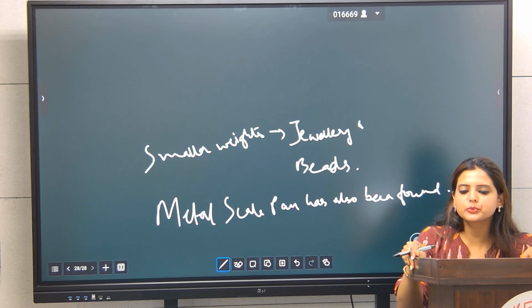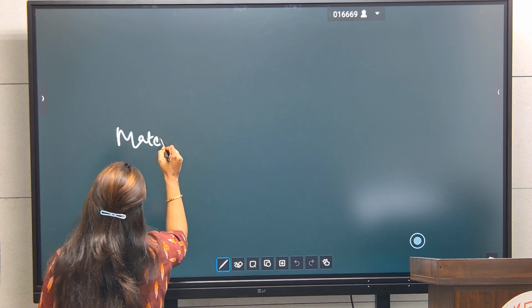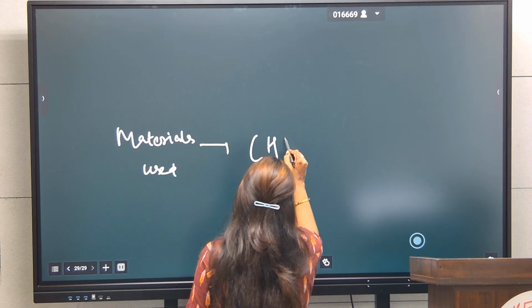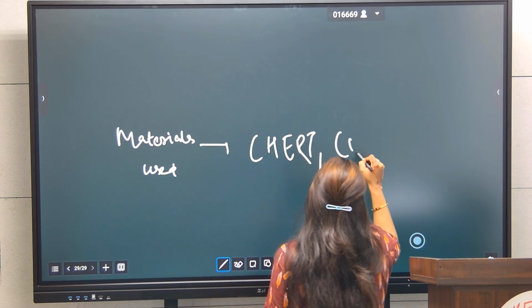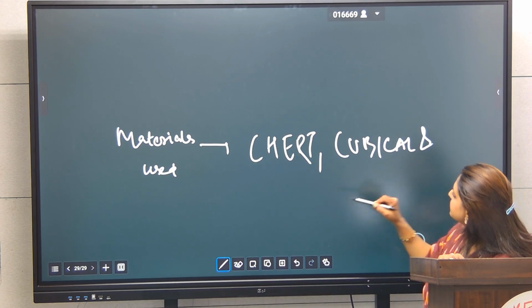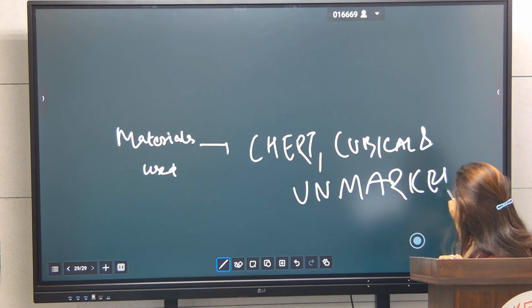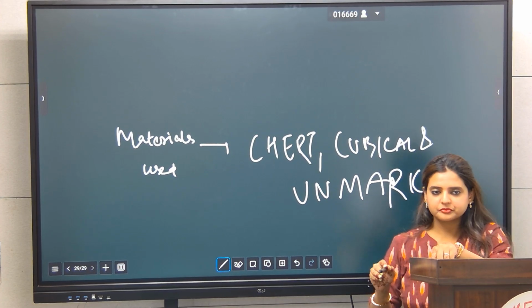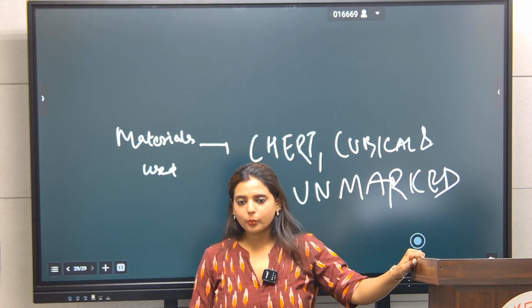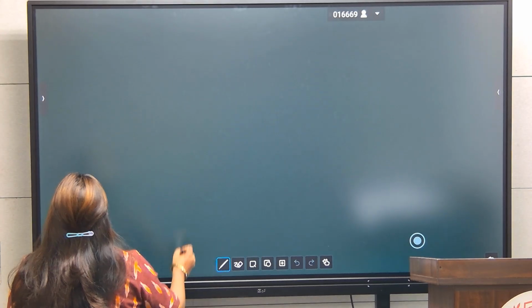What were the materials that were used for weighing? Materials used were chert, cubical, and unmarked. This completes seals, weights, script. Now let's come to the other subtopic of